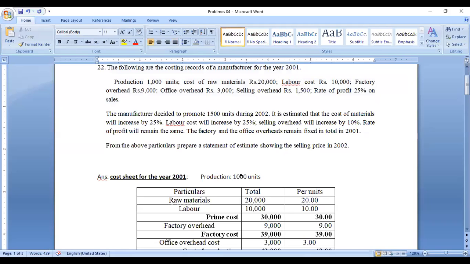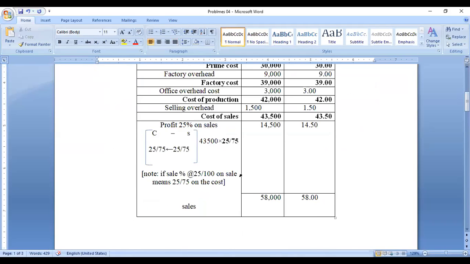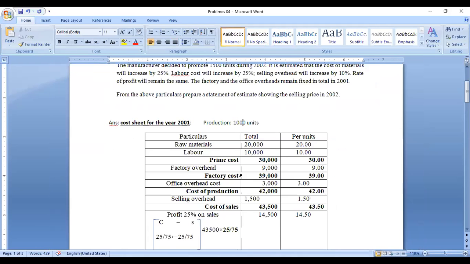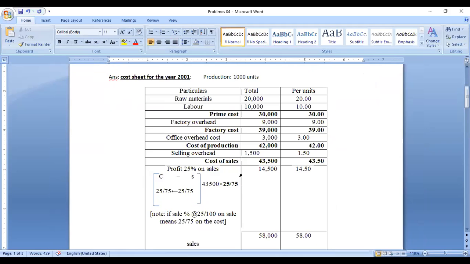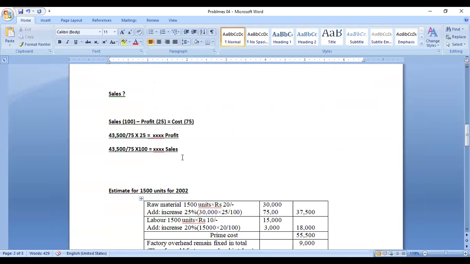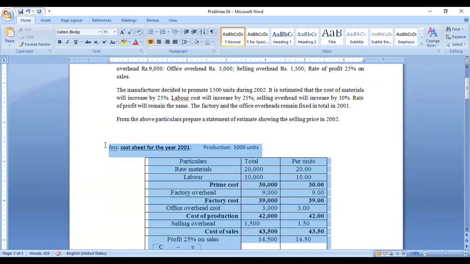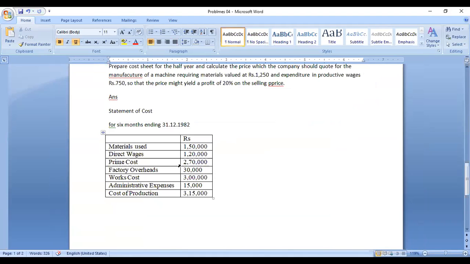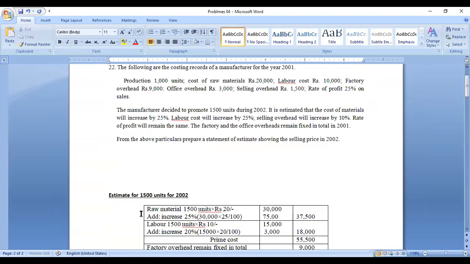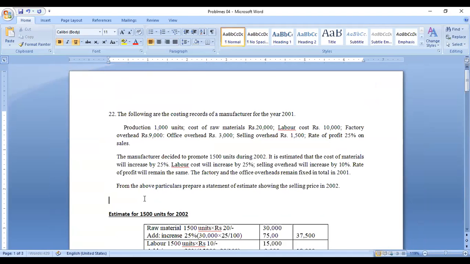Here it was 1000, and what we have finished so far, you can take as a screenshot. Check whether it is visible. Minimize this and take a screenshot of only this answer. Okay, let's go to the next. I will cut it and bring it down. I will put it near the question so you can understand. So now you can go for estimating.